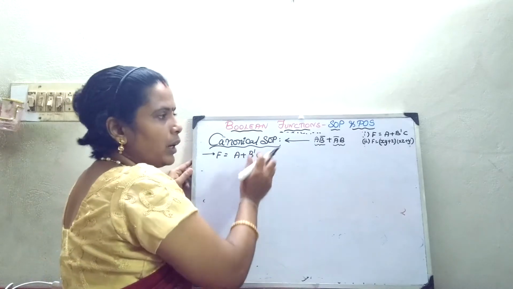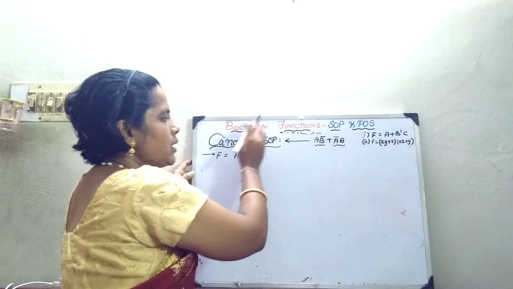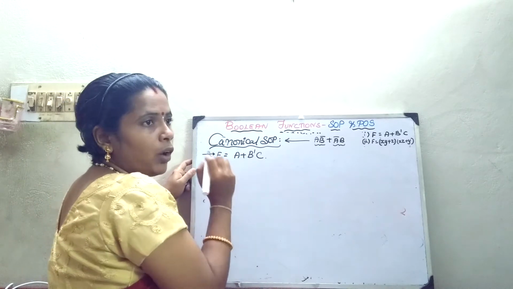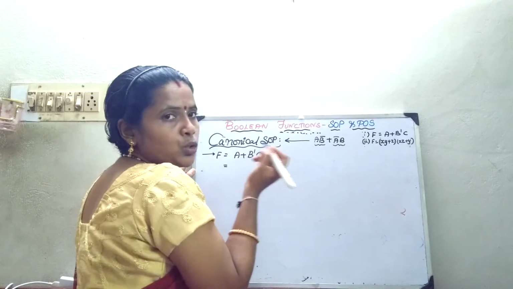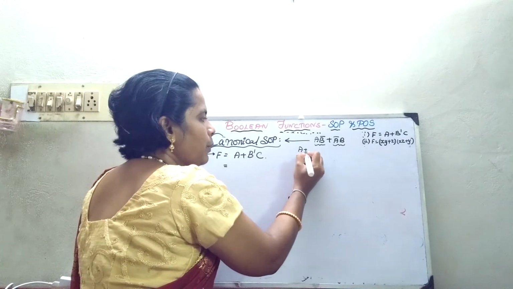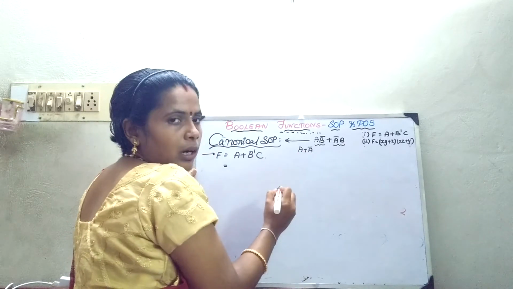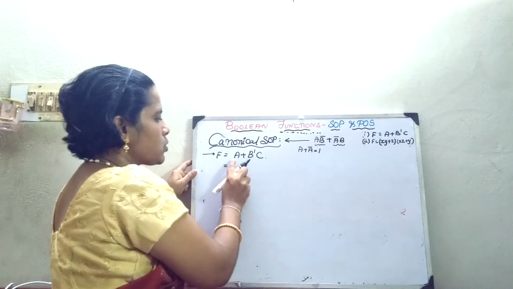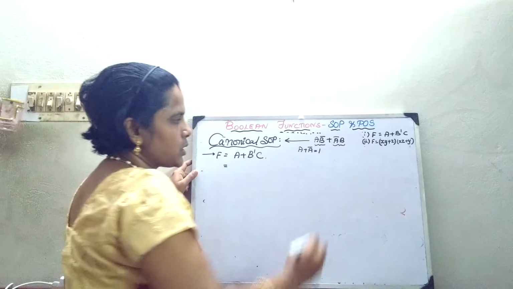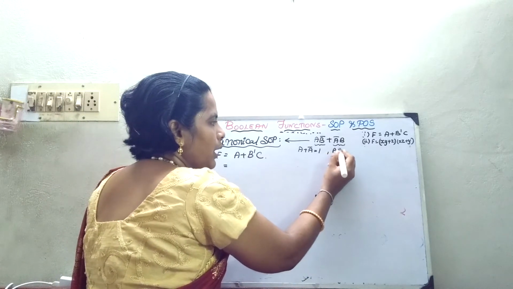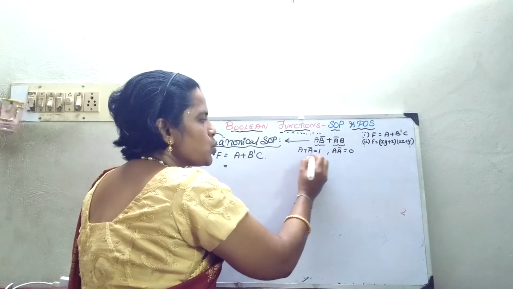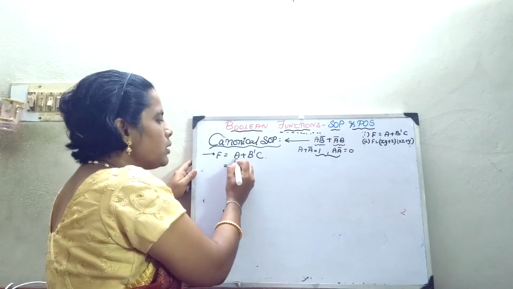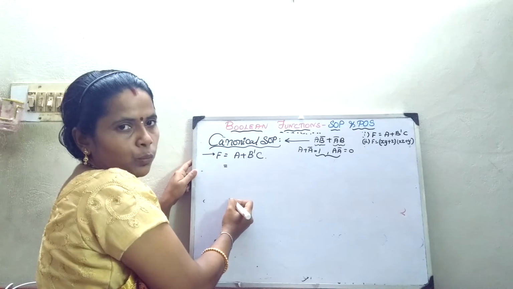Okay. So whenever all the terms are going to have all the variables, then it is called a canonical SOP form. Now for this I should take some measures. So for this you should use a general formula. What is A plus A bar? In the Boolean theorems we have learned, it is 1. So whenever I use this expression, it is not going to vary my expression. Similarly, what is A into A bar? It is 0. So these two small Boolean theorems, we are going to use here and convert this expression in terms of standard SOP form.